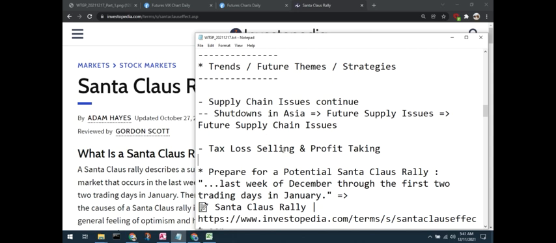If it's a company at a loss for this year and you see a lot of volume coming in, it's going to really put downward pressure. Again, anything that's way up this year is vulnerable to companies taking their profits. This is all to make their books look good and reduce their tax exposure for the end of the year. That should all wrap up, hopefully, by the week before Christmas.